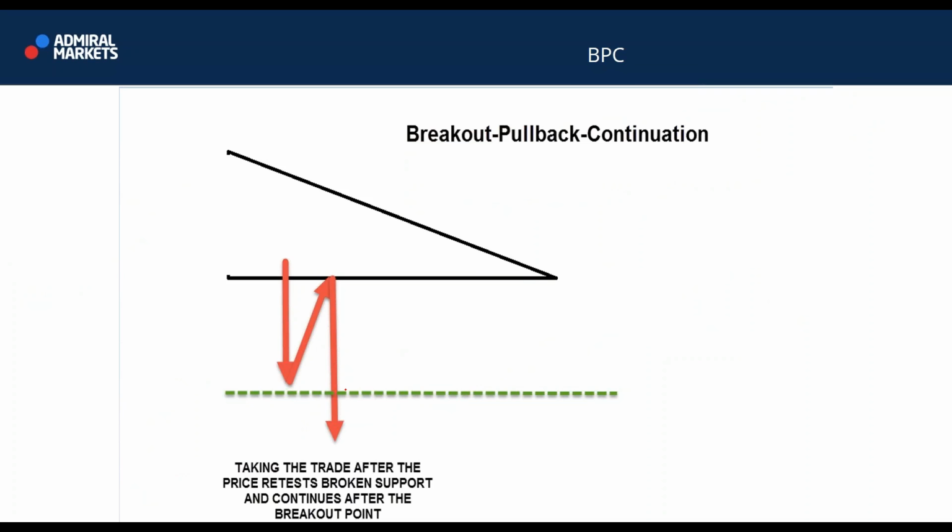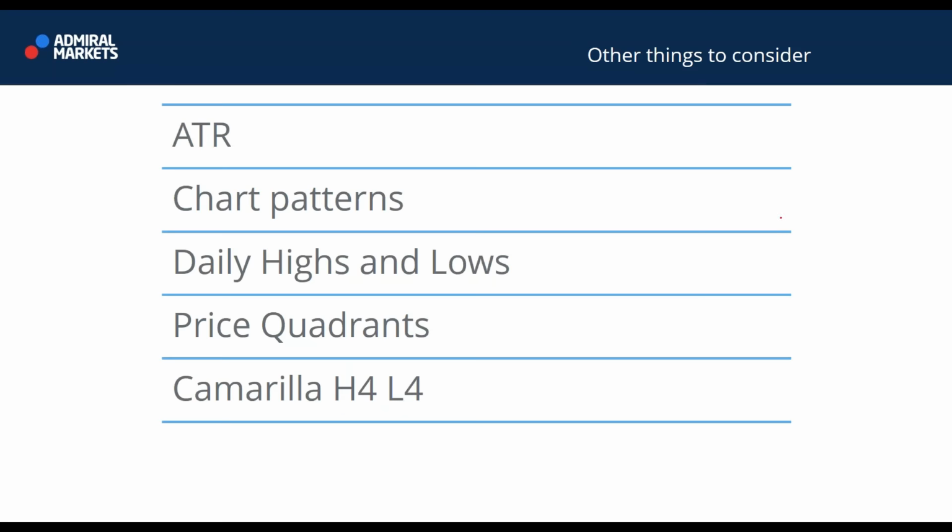Some people trade 5 minutes, some people trade 1 hour. Well, you can actually trade whatever you see fit and take the pips even if it's a lower time frame, but don't expect that a 5-minute breakout will always give you a constant 30, 40, 50 pips. Only if momentum is that high can you hope that you will see a strong surge to the upside or to the downside. Other things to consider that we will cover now are ATR, chart patterns, daily highs and lows, price quadrants, and